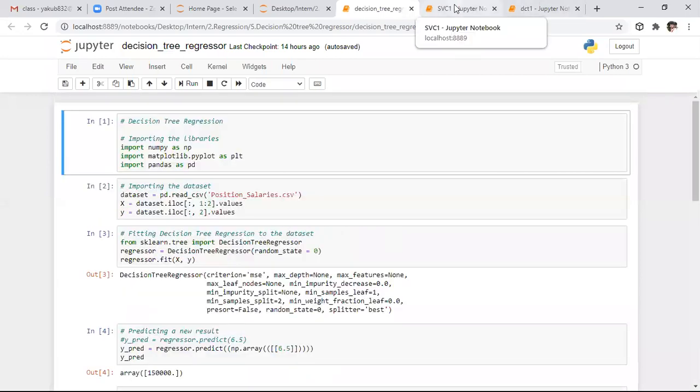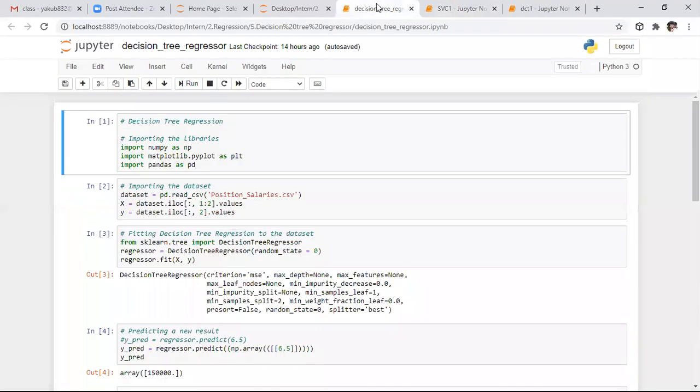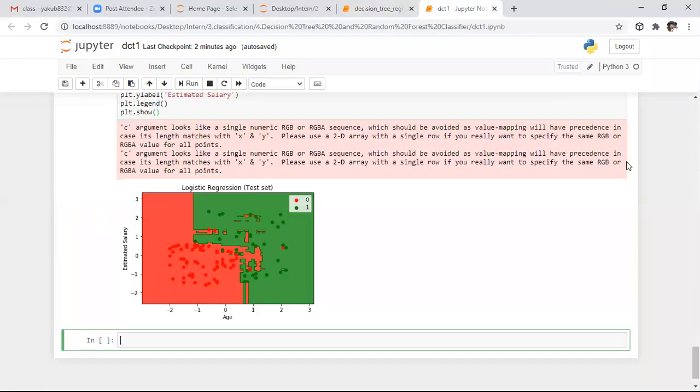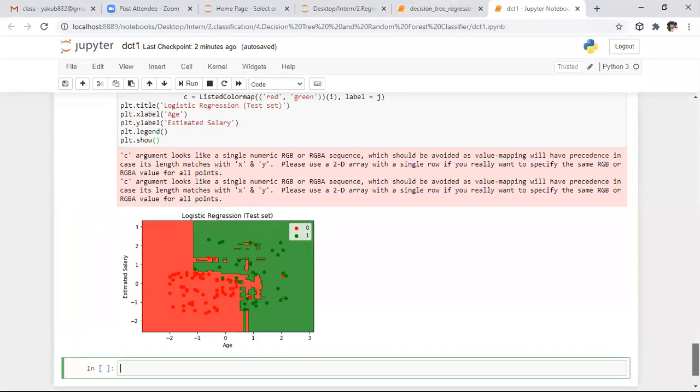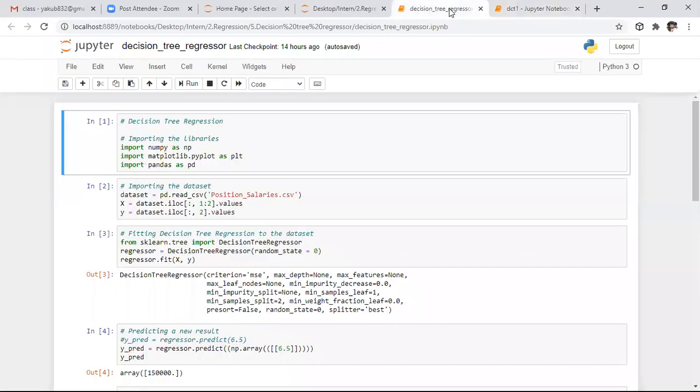We can use random forest regressor also, in the same way. If you have any doubts, in the next session you can ask me. In the next session, I will keep 10 minutes for the discussion session only. Here it is about the decision tree algorithm, and here we applied the random forest as well as decision trees also. After this, we will see one more project to understand this decision tree working clearly.